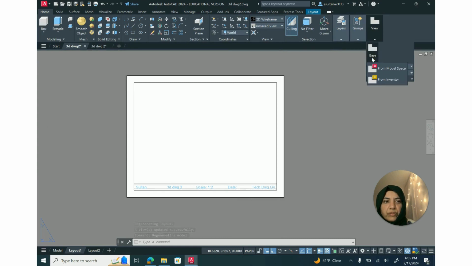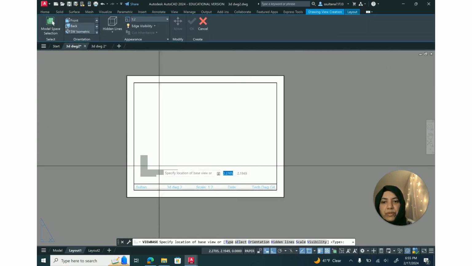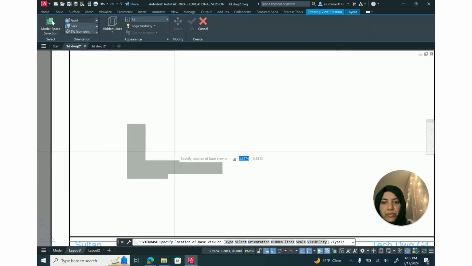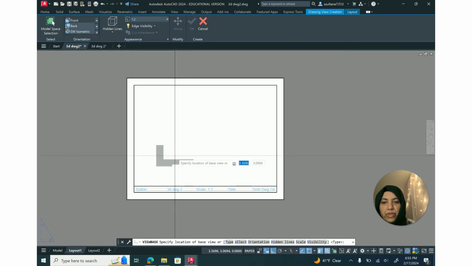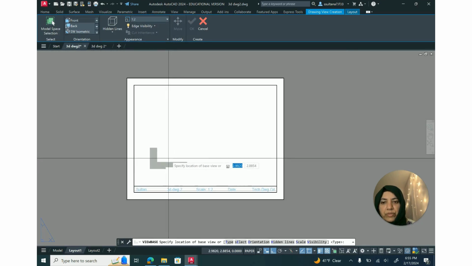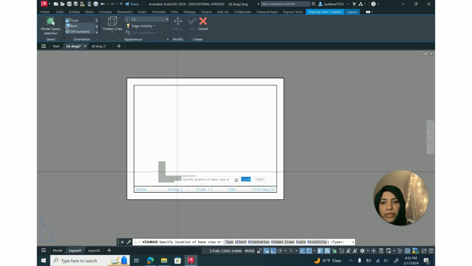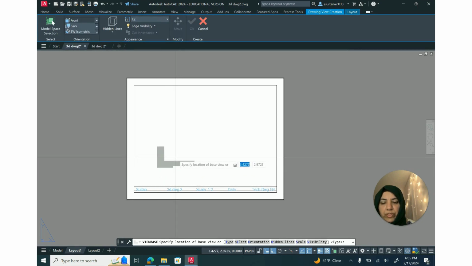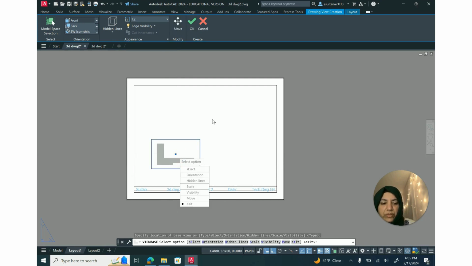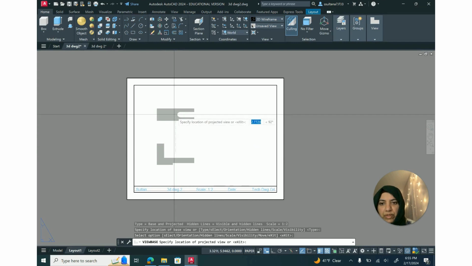So click on base and from model space, and then it's going to bring your front view. And at this time, make sure that you leave enough room on the left and at the bottom so that you can accommodate all your dimensions and the text. So click once and then enter, and then move your cursor up to locate your top view,